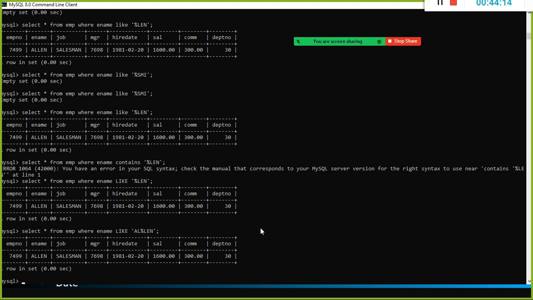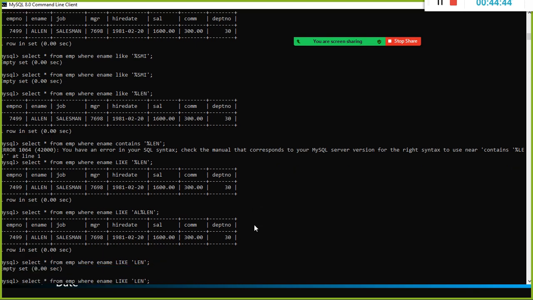So will this work like this? He was asking what will happen if we had a percentage at the start and end of some letters. It's going to bring the matching keywords wherever LEN is there. It's going to bring those records. You want to print the records wherever you have the matching letters LEN, right? This will not work, so you need to specify. I'm saying that if you add percentage both at the start and the end, it will bring those records, right? Oh, percentage at start and end. Yeah, I see.